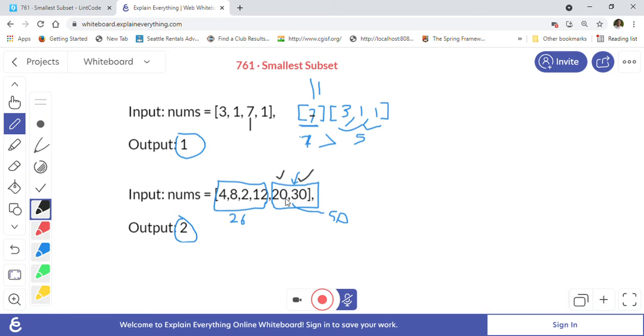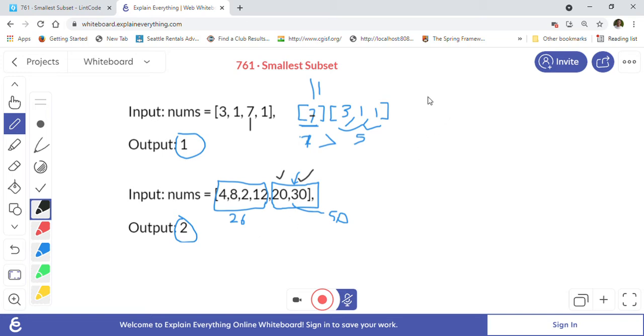If we just put 30, the other set total will be 46, so it will not work. We have to add 20 and 30 so that the sum 50 is greater than the remaining 26. So we are greedily adding the highest values, and once the sum exceeds the other sum, we know we have found the smallest subset.